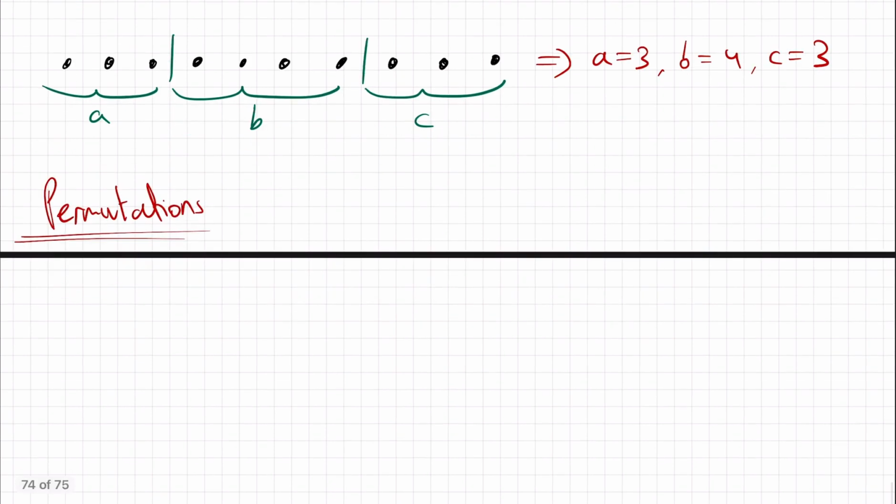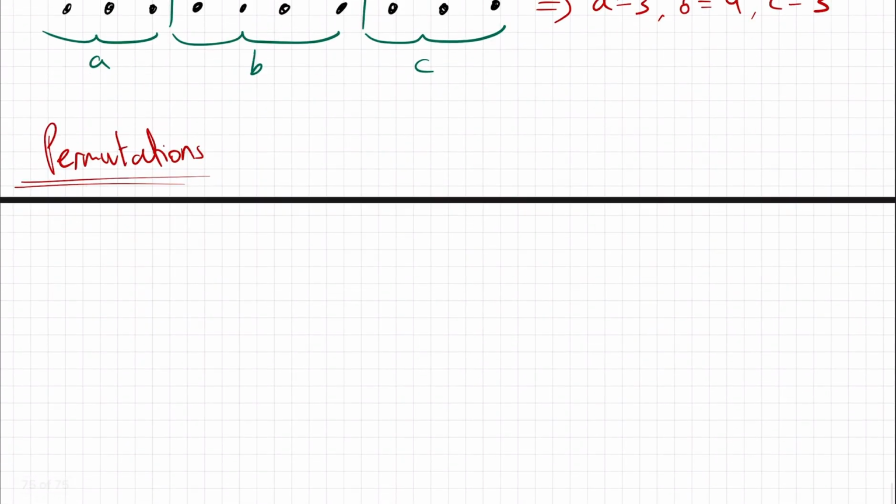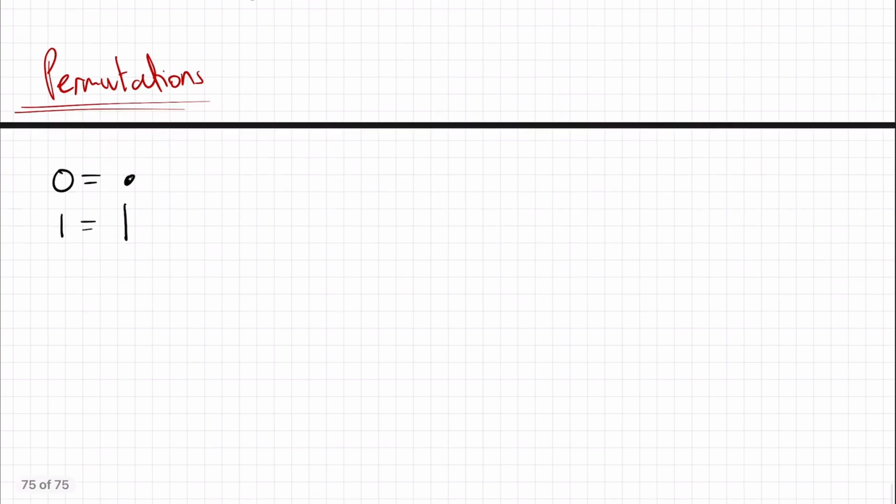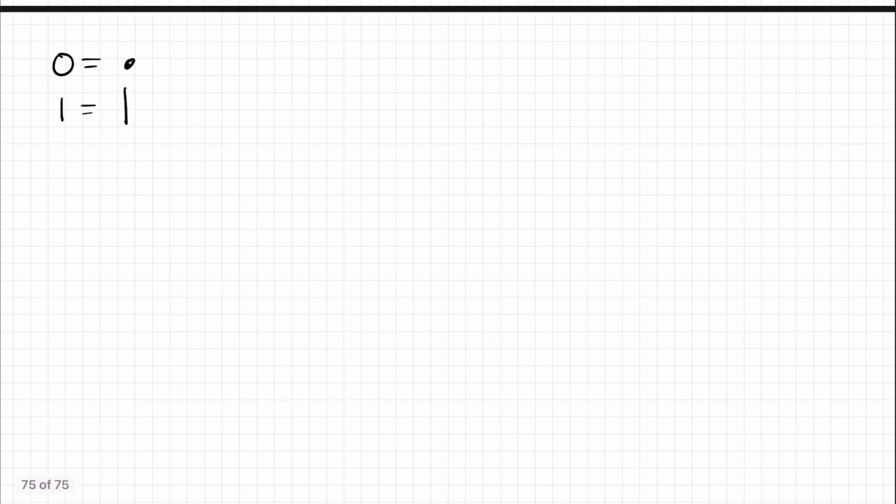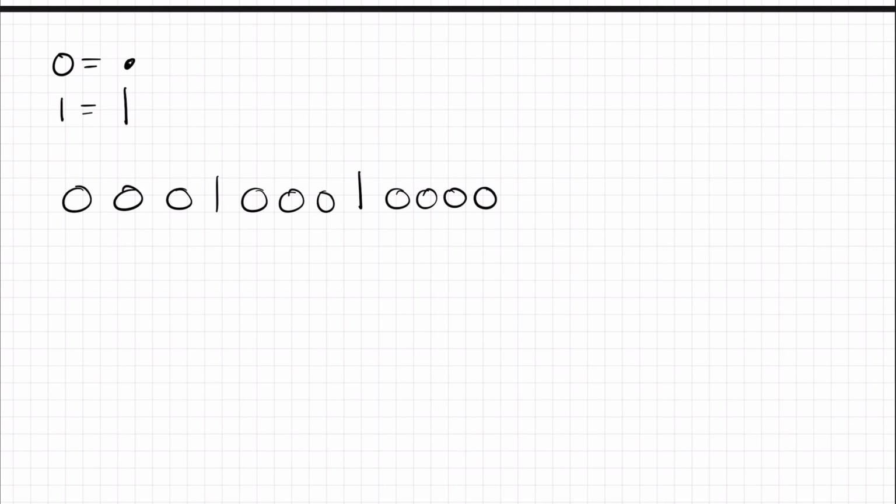So what I'm going to do is I'm going to write zeros as stars and 1 as a bar, just so we're left with a number or a string, and it's a lot easier for us to work with. So let me just put in 0, 0, 0. We'll just put 1 there, 0, 0, 0, 1, and we'll just put in like that. Okay, so to work out the total number of permutations, you might already know a formula, but it's pretty simple because all we're going to do is work out the